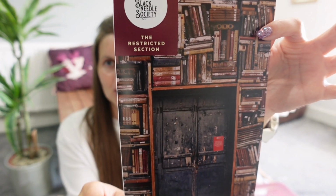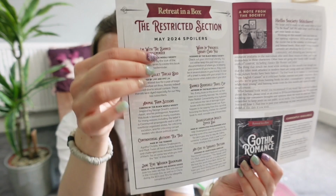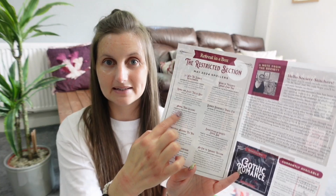This is the restricted section. So the theme is based all around books that are banned in one country or another for whatever reason. So yeah, quite an interesting theme. Inside my little leaflet, it tells me everything that should be in my box. There should have been some Animal Farm scissors. I have received butterfly scissors,